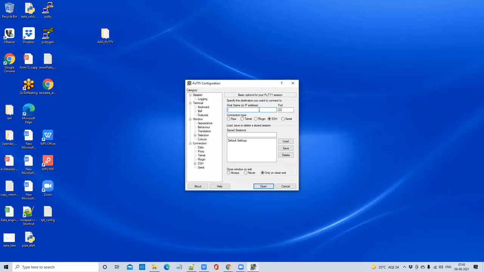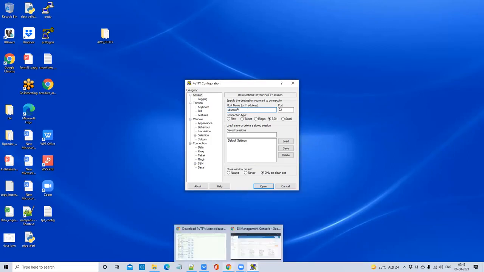You need to give the username first. The default username to log in to your machine is Ubuntu. So this is my default username, Ubuntu, @, and you need to give the IP address. From where will you get this IP address?